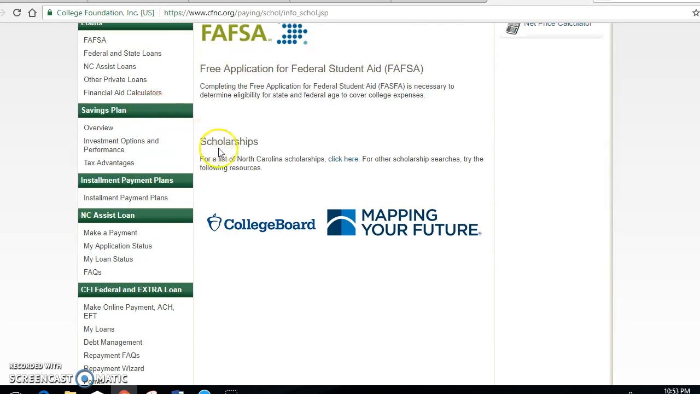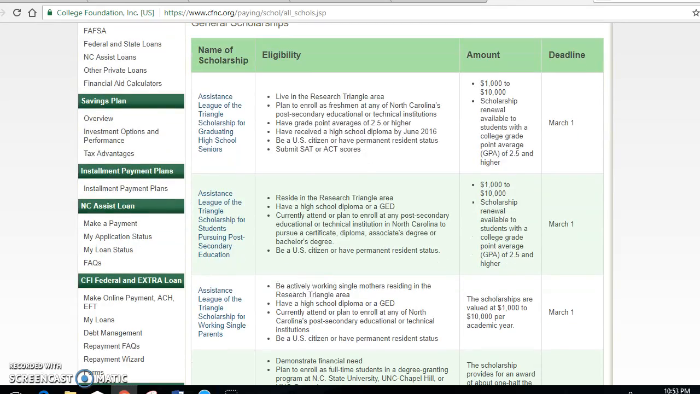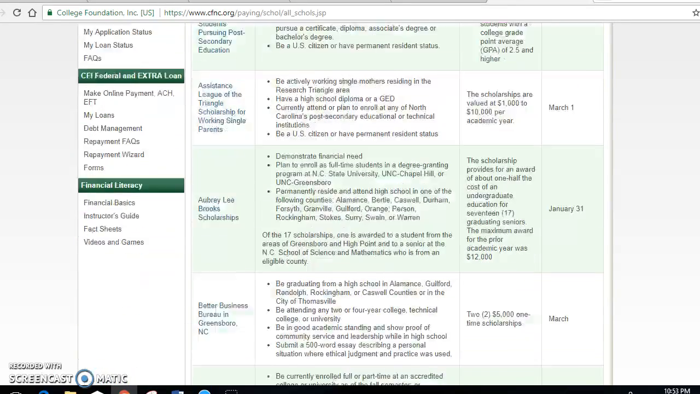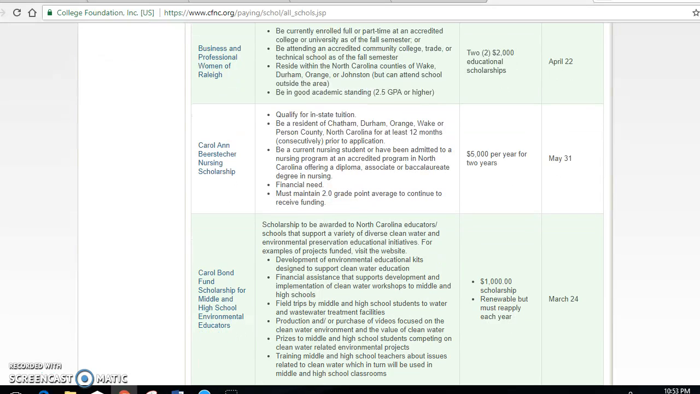And then there is a place for scholarships here. It says for a list of North Carolina scholarships, click here. So if you do that, then the list will come up, and what you will need to do is look at deadlines, look at qualifications, and if you find one that you feel you qualify for, that you meet all the requirements for, and the deadline has not passed, then you would